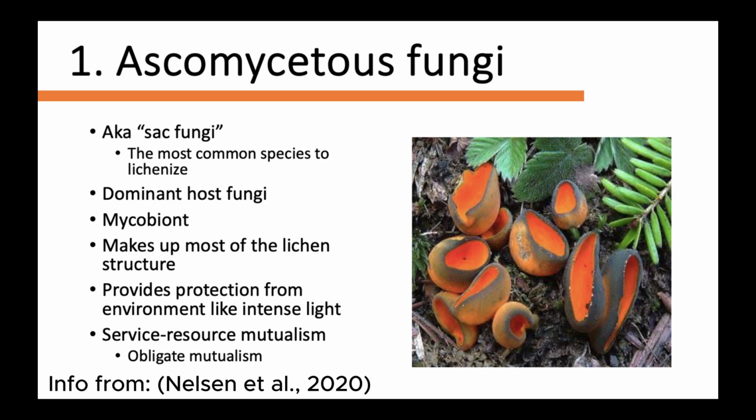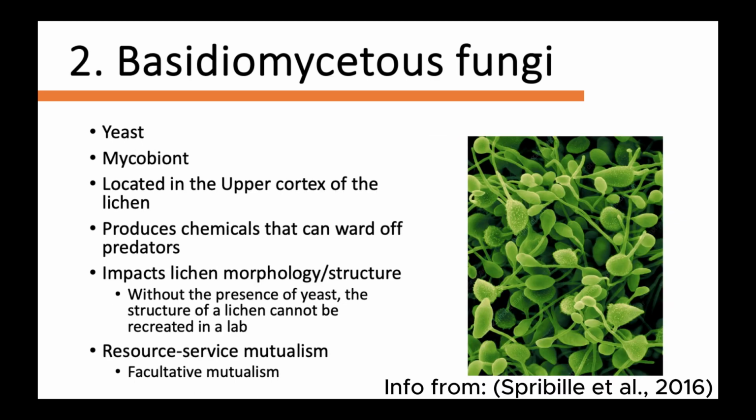Most harsh climates are survivable by lichen through trapping early morning fog as the only moisture found in the environment. This type of lichen is dependent on service resource or obligate mutualism, where the fungus would not survive without the food produced by the photosynthetic organism, and the photobiont would not survive without protection.